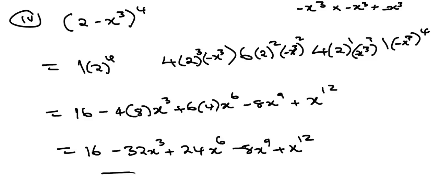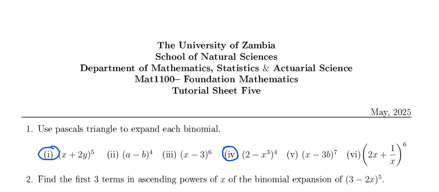So these are the terms of the expansion. This is what you get for part 4 of question number 1. The principle is the same, and you notice that all the questions, they gave you something that has a 7 here. It's still the same thing, meaning you have to make a Pascal's triangle until you get the 7, which is,